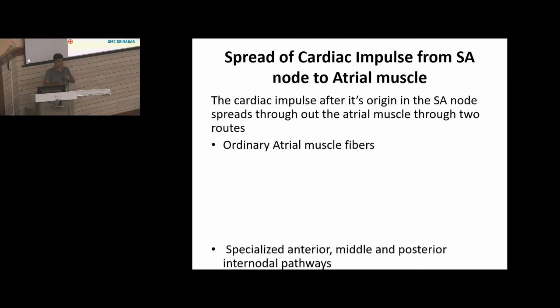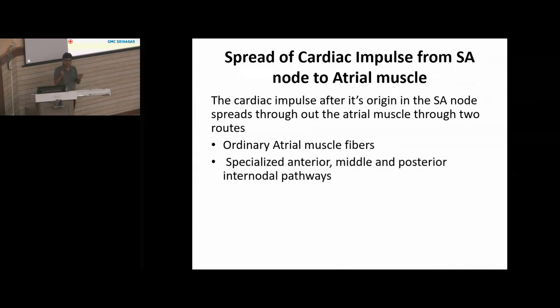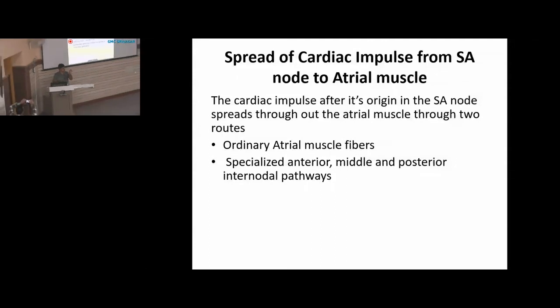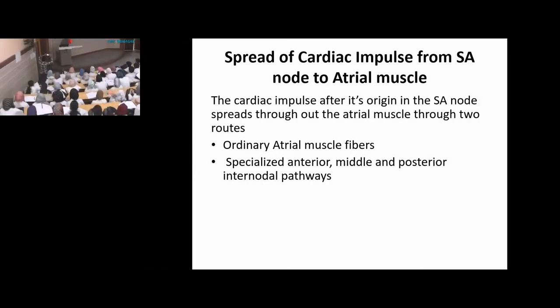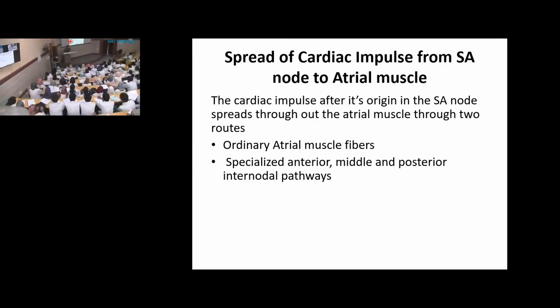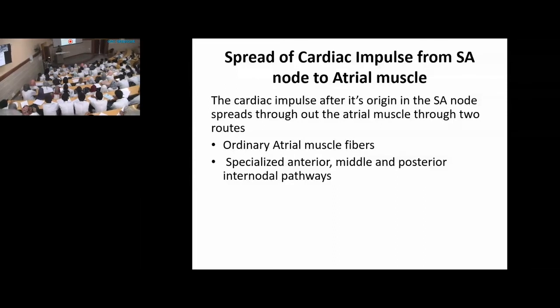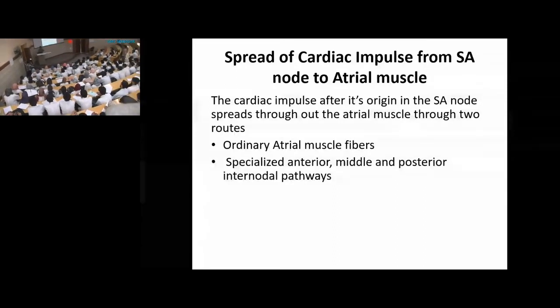One is that ordinary cardiac muscle, which is 99% of the heart, can also conduct the impulse. Because of the property of syncytium, all the muscle fibers act as a single contractile unit. So one pathway is that the SA node generates the impulse and it is conducted to the whole of the atria